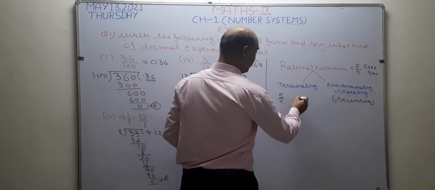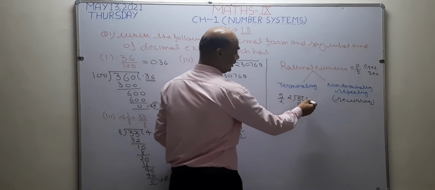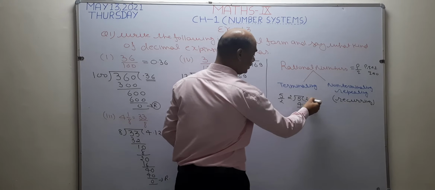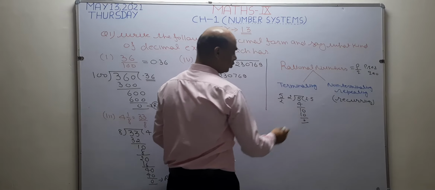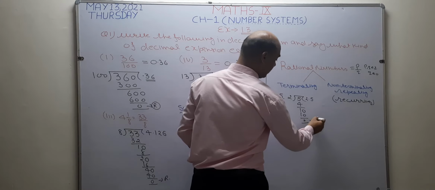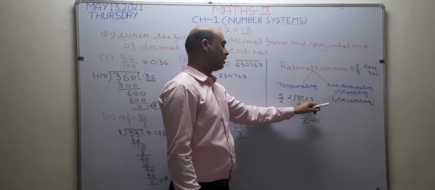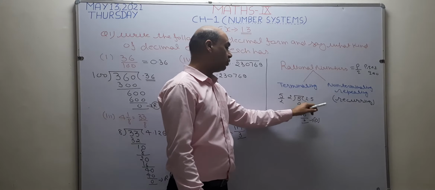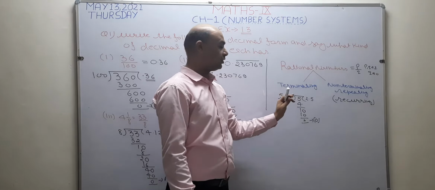Now I am going to divide 5 by 2. 2 2s are 4. 1 is left. Now I take decimal here. After taking decimal, I take 10. 2 5s are 10. Now the remainder becomes 0. When the remainder of any division becomes 0, then that type of decimal is known as terminating decimal expansion, because there is an end.